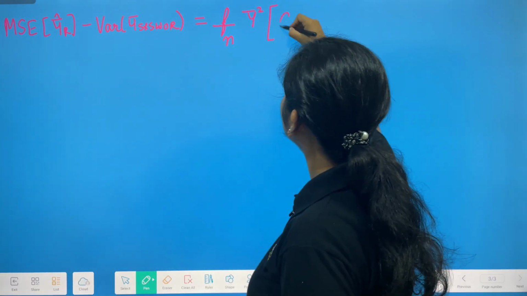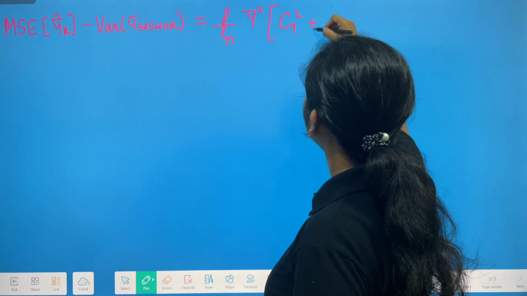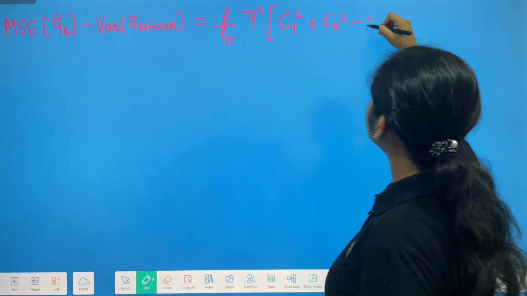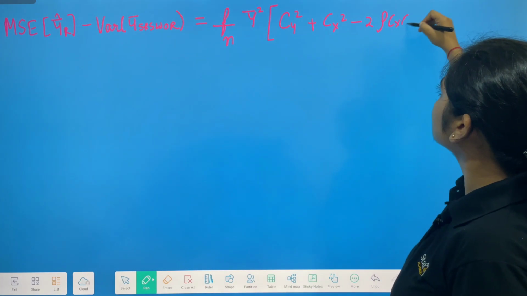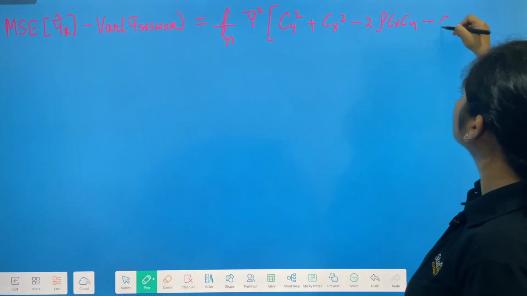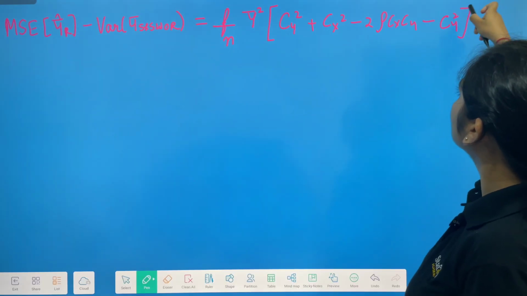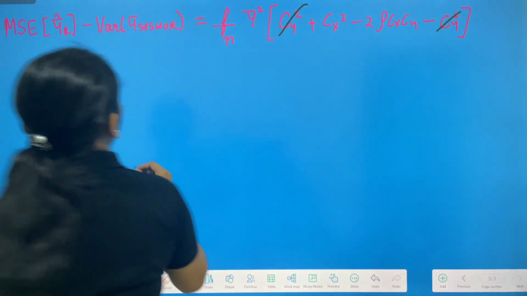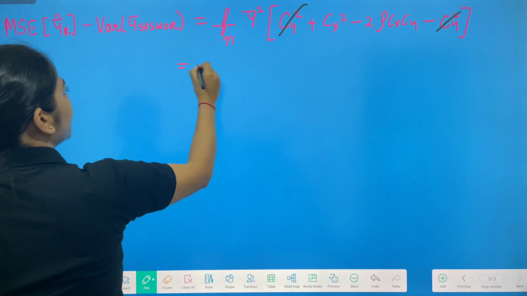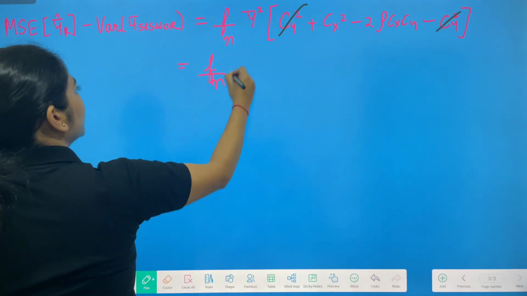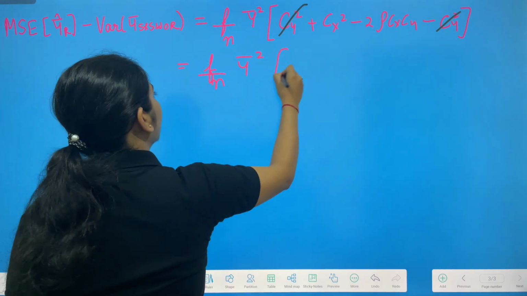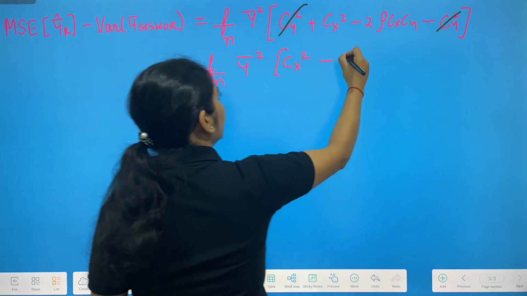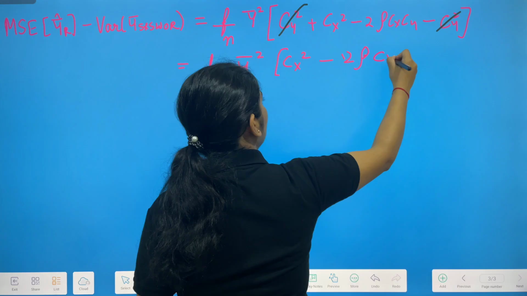So we are left with Cy square plus Cx square minus 2 rho Cx Cy minus Cy square. So Cy square and Cy square get cancelled, and we are left with f by n into y bar square bracket Cx square minus 2 rho Cx